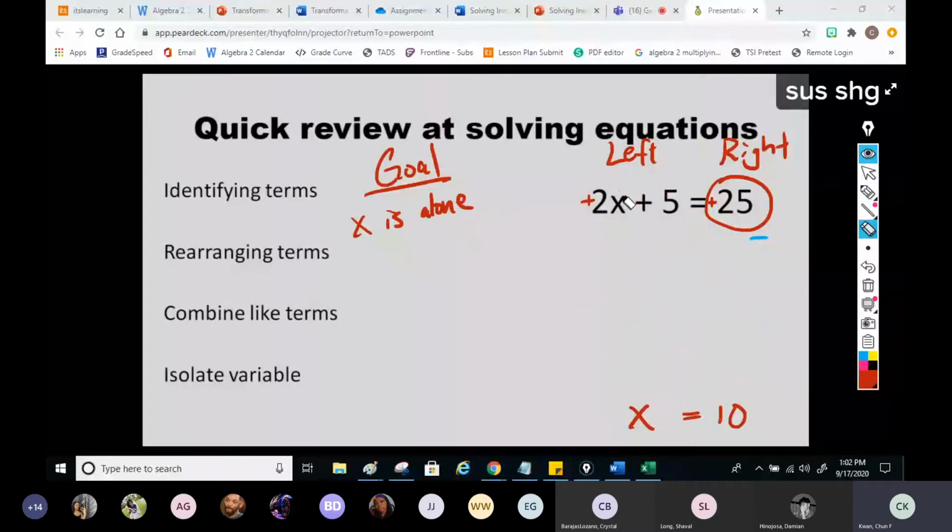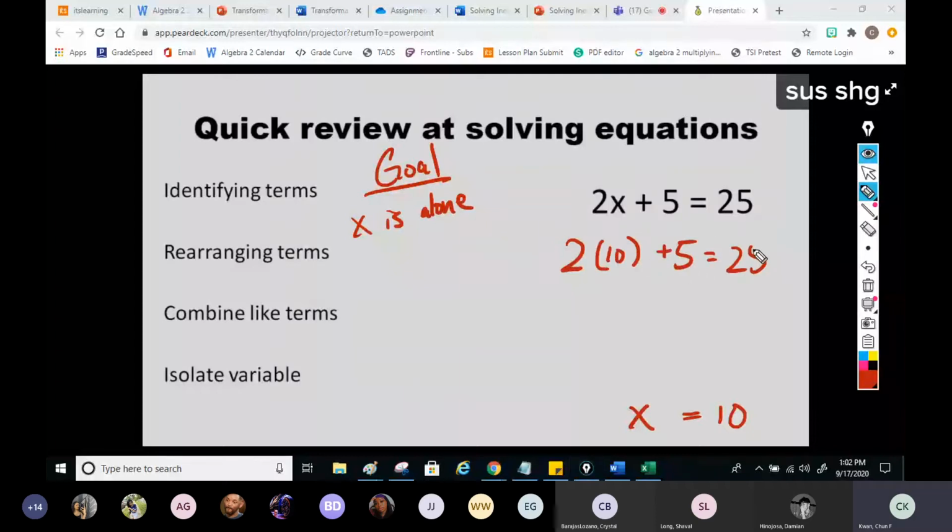All right, so once you're done, a good habit is to plug it back into the equation and see if everything is good. So plug it back into the equation, put the 10 back in here. So 2 times 10 plus 5 equals 25. And then we'll do,